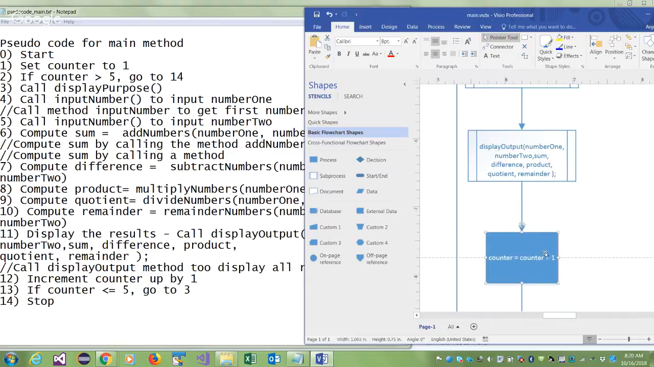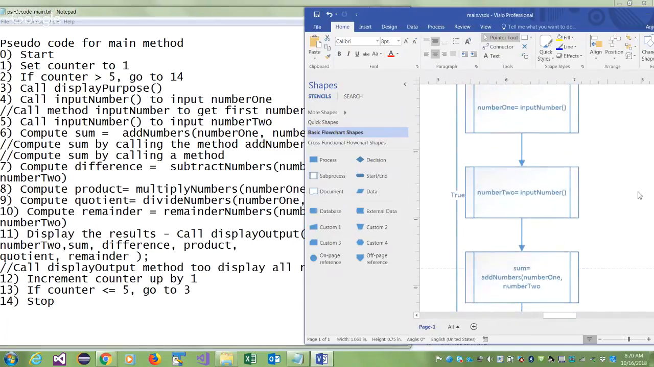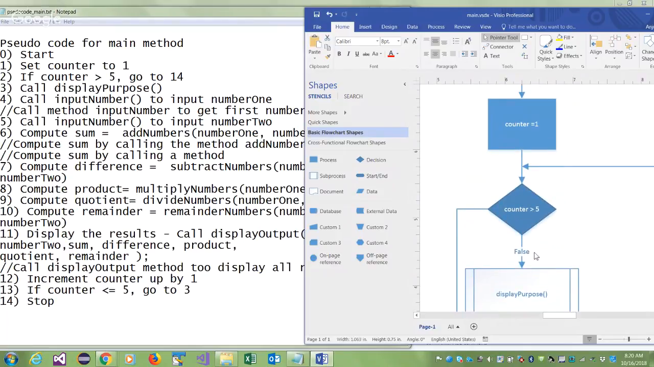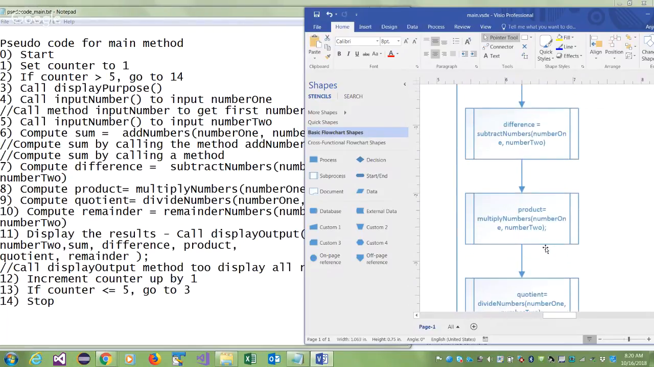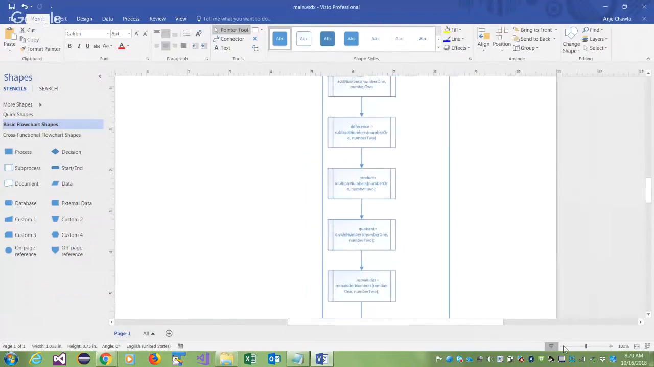Then I increment counter up by 1, and I check again. I take it back to checking again. Are you greater than 5? Get out. Are you less than or equal to 5? Do it again. So there it is, right? So if I kind of, though you won't be able to read it,